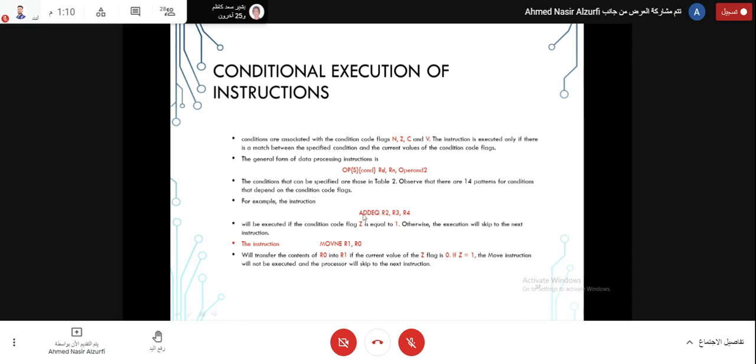For this instruction, if the condition code flag Z is equal to 1,